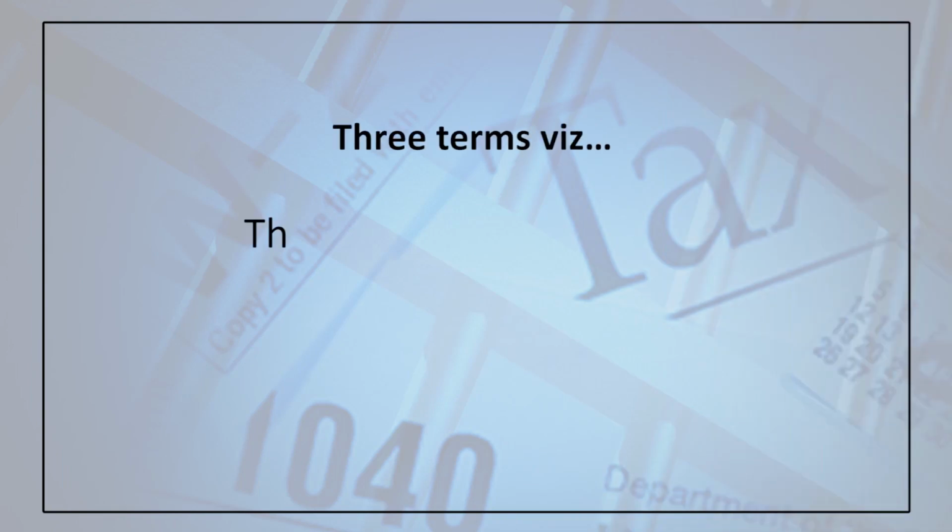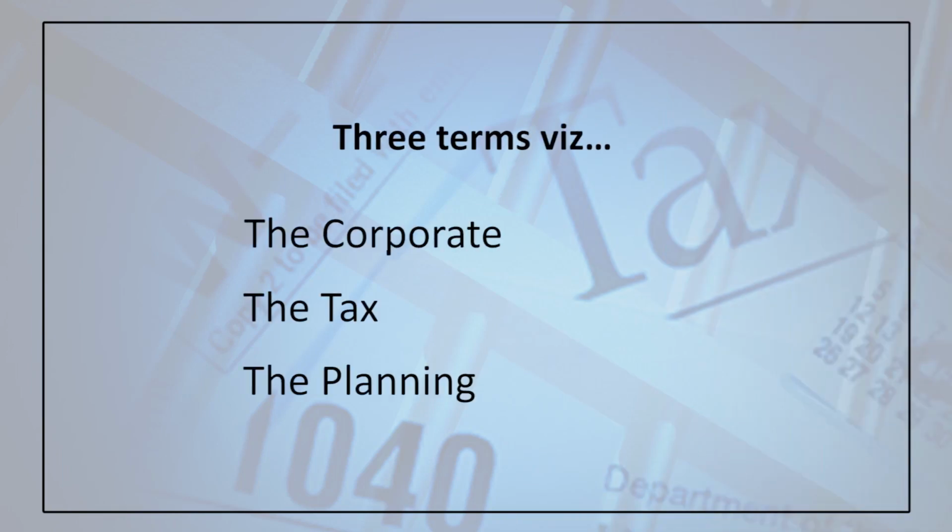So, every assessee has to pay the tax against its income as per Income Tax Act 1961. And at the same time, the assessee will try to minimize the tax to maximize the net of tax income within the legal framework. So, it is the responsibility and duty of the assessee to pay the tax to the government in time. On the other hand, it is a legitimate right of the assessee to minimize its tax liability within the legal framework. In this course, we are going to study the corporate tax planning.